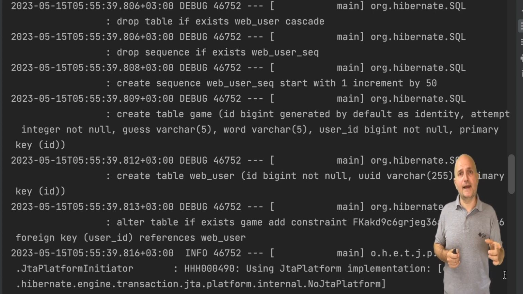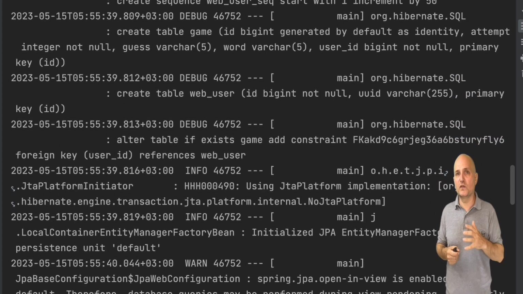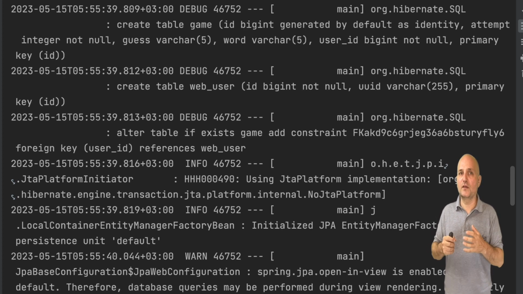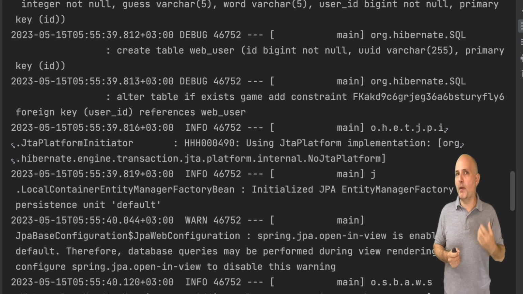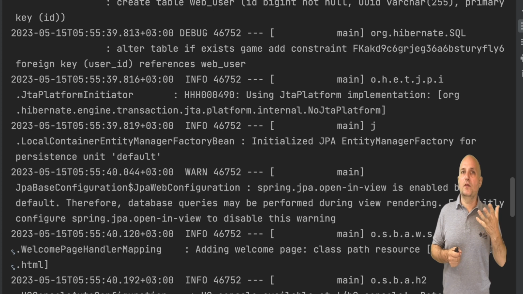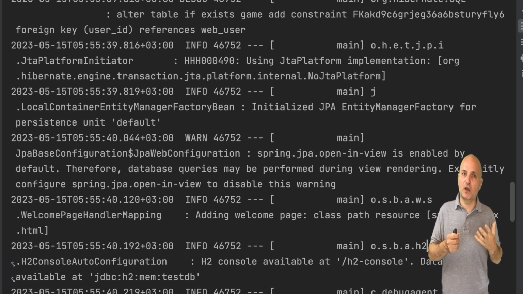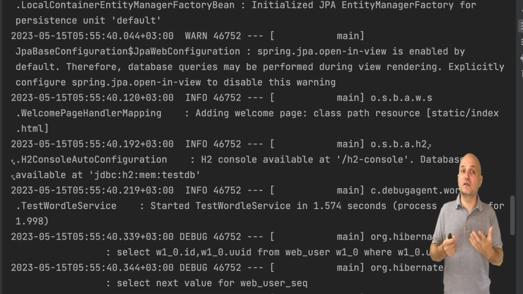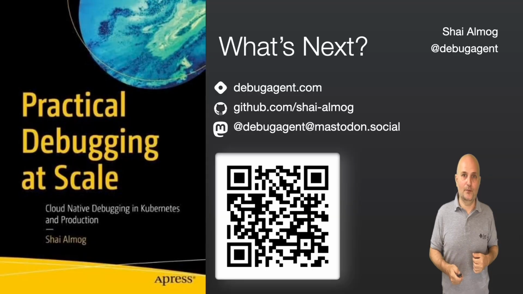That's because that class uses a different ID strategy, for better or for worse. We can see below the insert into game call and the select from the user table and a lot of other SQL that we can map back to the code we wrote. This helps make sense of the code and understand what's going on.